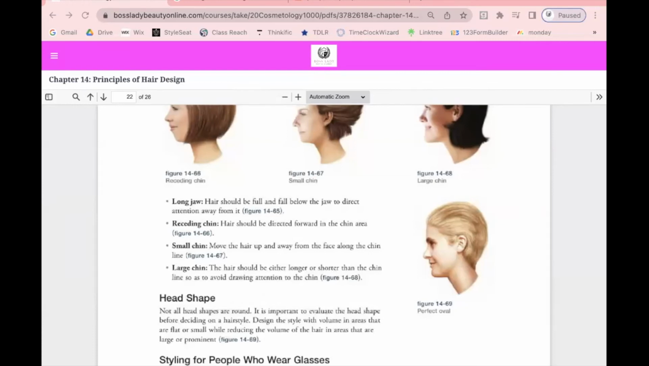And you always want to keep in mind when to design a style with volume in the areas that are flat or small while reducing the volume of the hair in the areas that are large or prominent. So all these things that we just discussed, the lower third of your face, the middle third of the face, the top third of the face, the basic face shape, the hair type, the hair texture, you need to